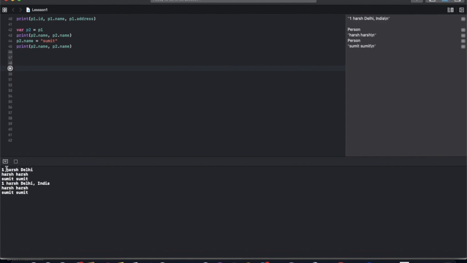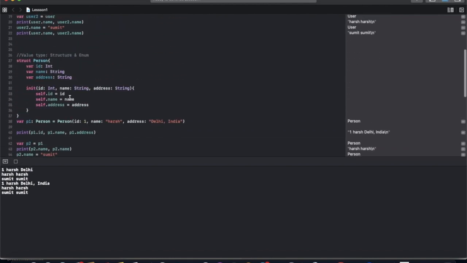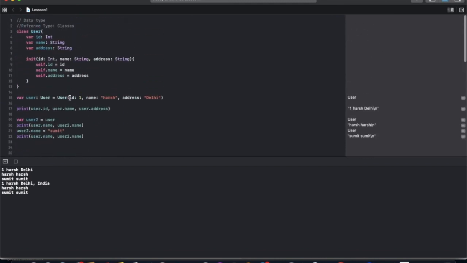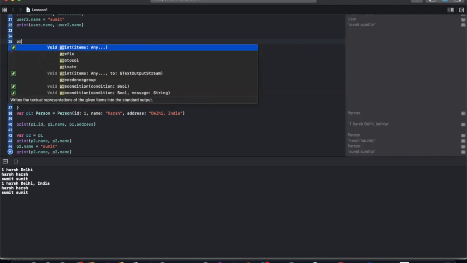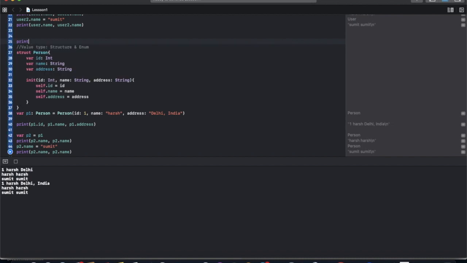You can see in the first case, for differentiating it, we are printing a line here, so it will be more clear for us. This will be struct, dividing the class type and structure type.